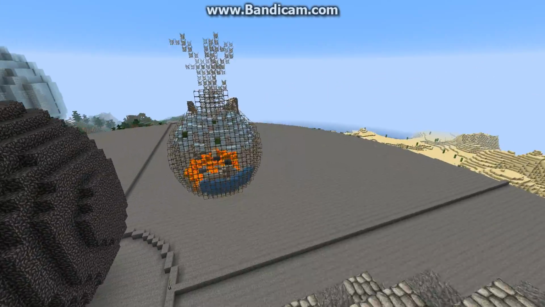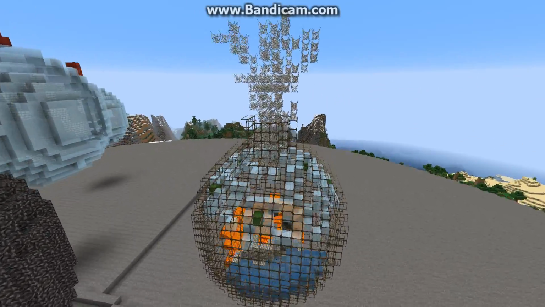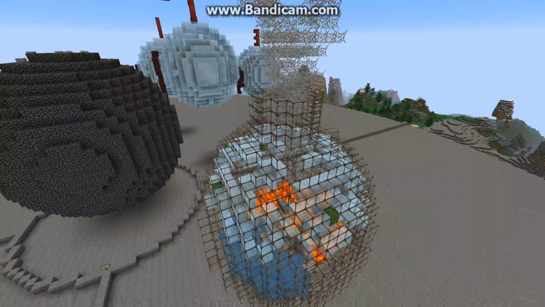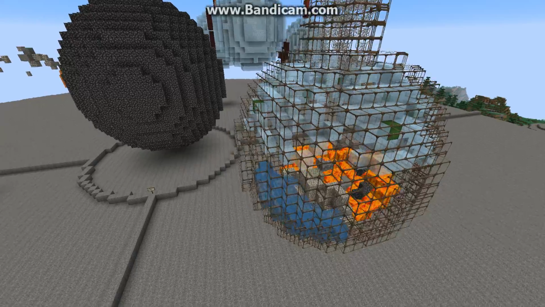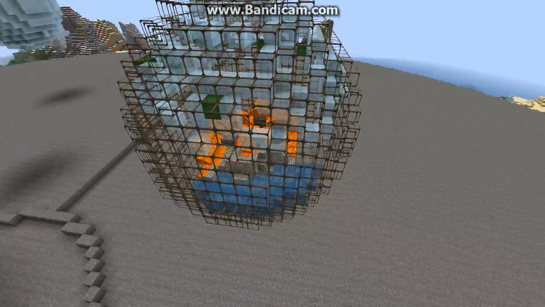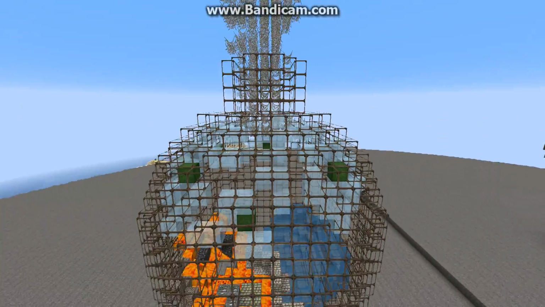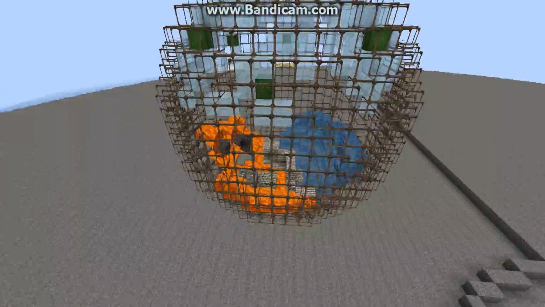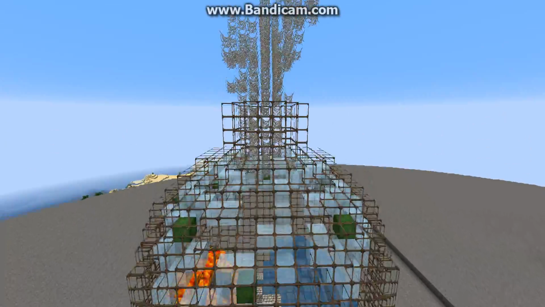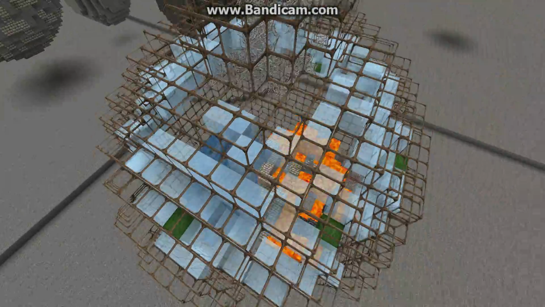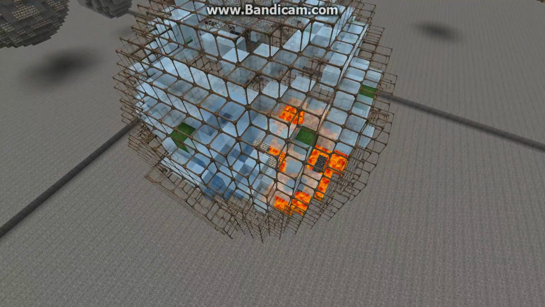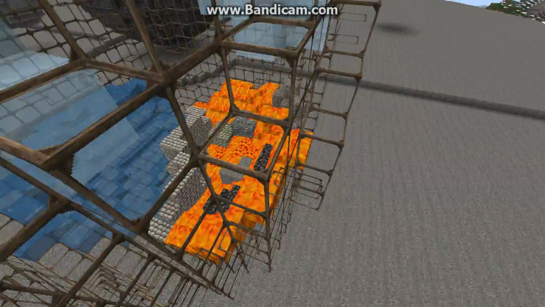So lastly, but for me most importantly, we have the creation of life itself. So I couldn't really think of a way to show life as anything other than Stanley Miller's test tube. So what Stanley Miller did is he theorized that if we got the primordial soup of all of the building blocks of